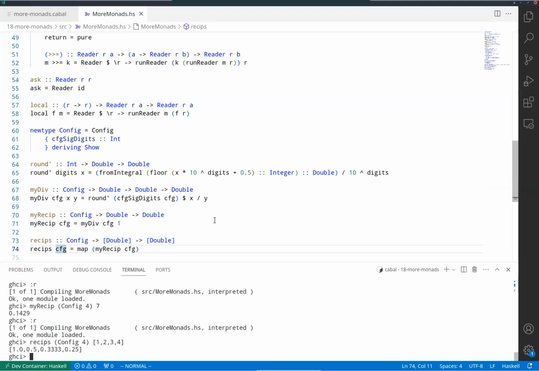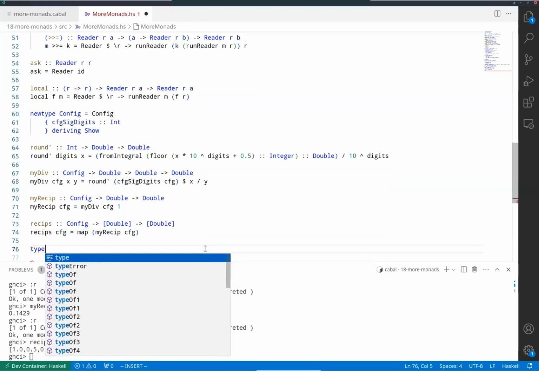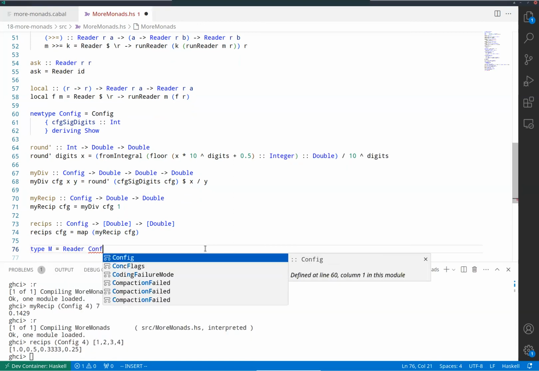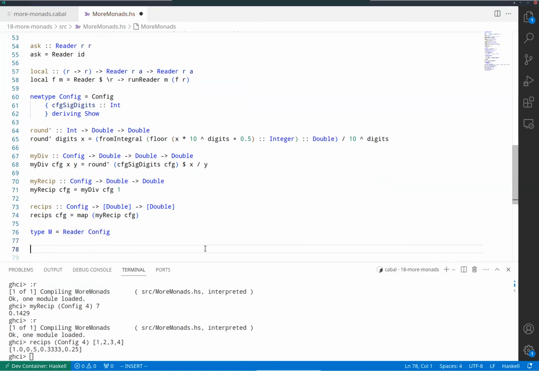And of course, there's nothing wrong with that per se, but it's nevertheless somewhat noisy. And all the functions in your code basically have this config argument. And this is typically one use case for reader. So you would then do something like type my monad, or M, or whatever. M is reader config. And then you could have,